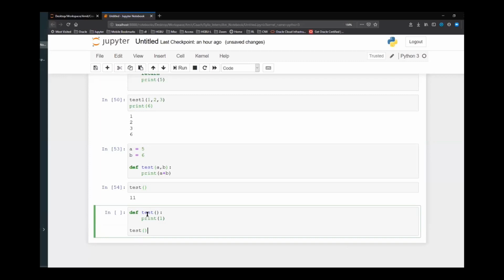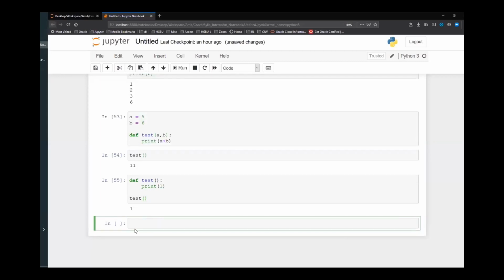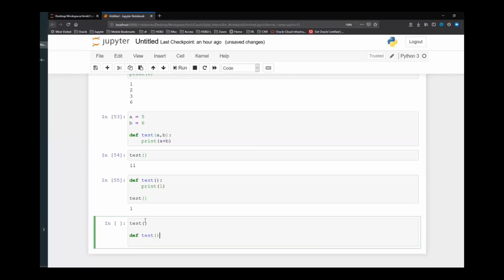So is this the way that I should be doing, or should I be calling test first and then def test print 1, right? This is the question, right? The position of the function and the invocation call that we are going to do, correct?